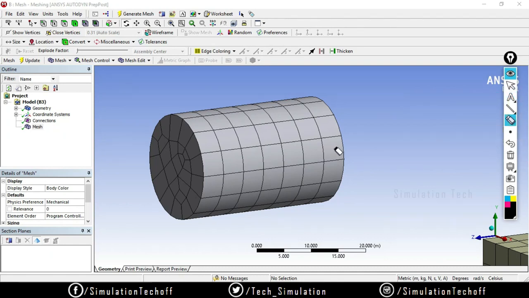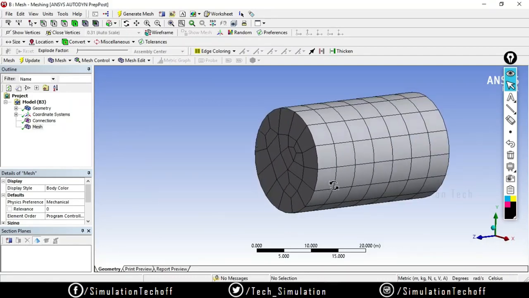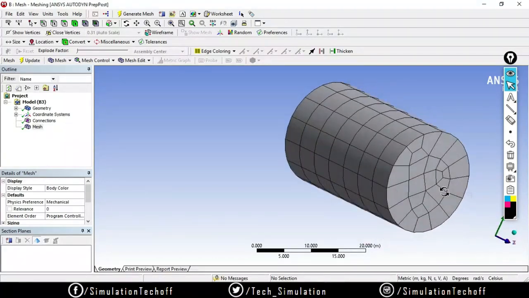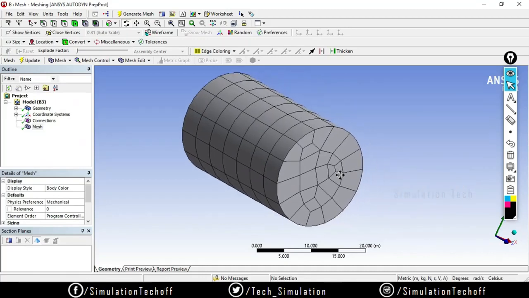Let us see why the property of this component varies in three mutually perpendicular directions. That is why I am calling this an orthotropic material.